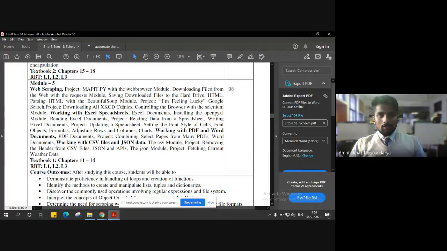This module is very important from the placement point of view as well, because it covers the basics of practical and real-time projects, so questions from such areas will be asked in your placements. It's better to have the knowledge, and side by side you can develop your own small hobby project, like a small website or maybe a digital resume, using these technologies which we are going to learn.